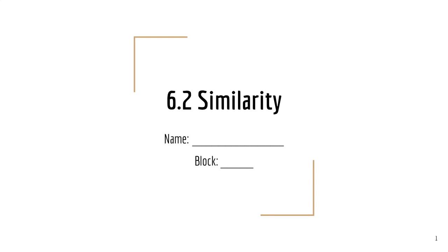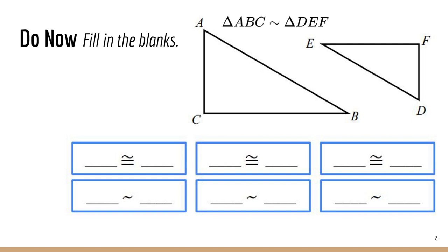Today you will continue working on similarity. We're going to start by working through the packet you have in front of you. You should have completed your do now. So when we are talking about proportionate parts in similar figures, we're looking at angle A goes with angle B